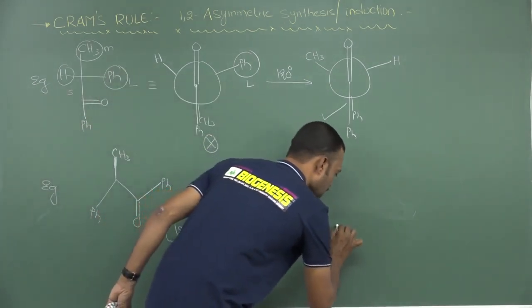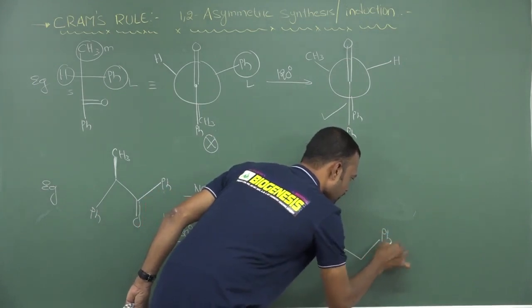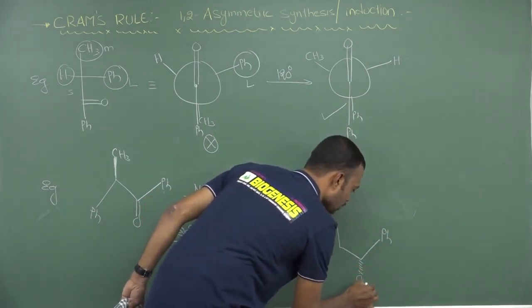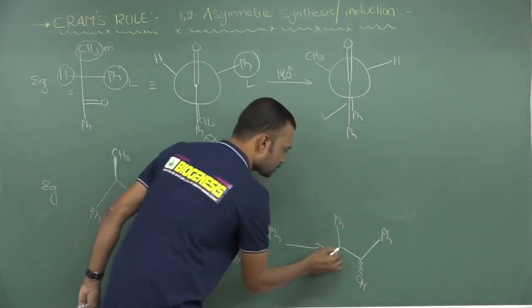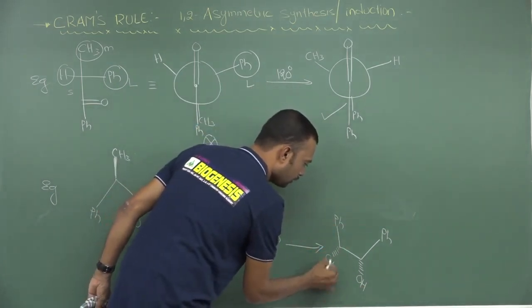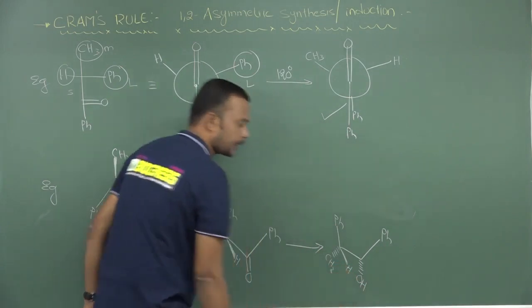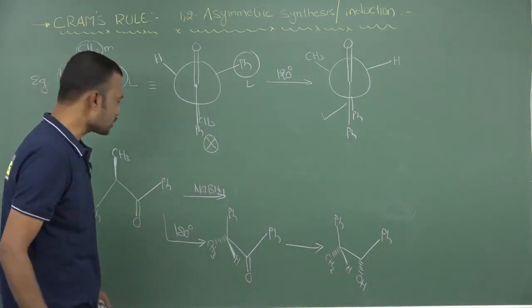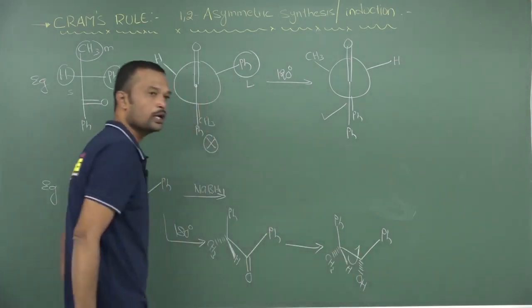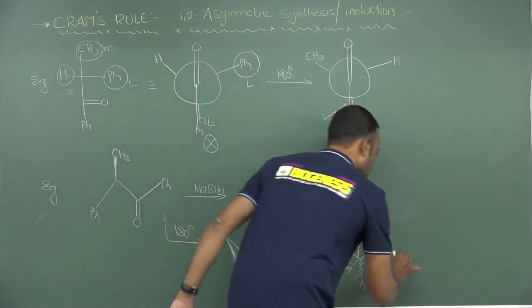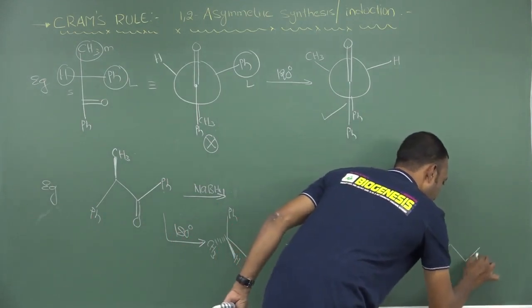If you attack from above direction, you may get the hydroxy group in a dotted line. The phenyl will be as usual, next this CH3 will be in dotted line and hydrogen will be in thick line. After that, make one more 180 rotation from the original orientation. By fixing this, you need to make one more 180 rotation. So after making the 180 rotation, you may get a zigzag model.